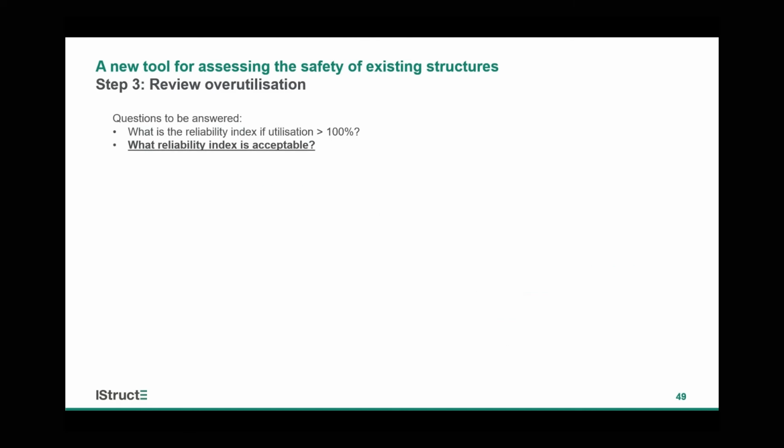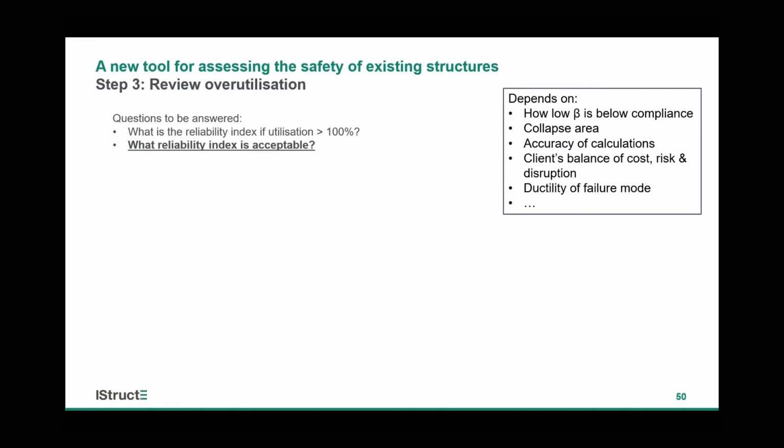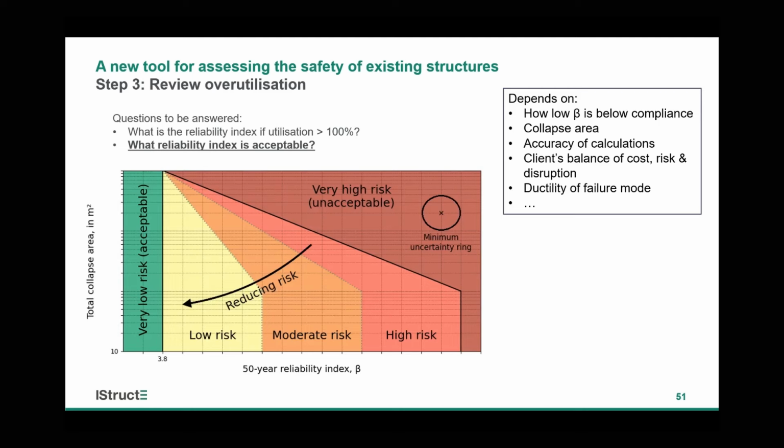Now, the second question is we've calculated our reliability index, but what reliability index is really acceptable? And this depends on a lot of factors, and this is where the engineer's experience and judgment really comes into play. Now, to help engineers assess this, we've produced a chart that will allow engineers to try to better understand the level of risk associated with that reliability index they've calculated. So to step through this,